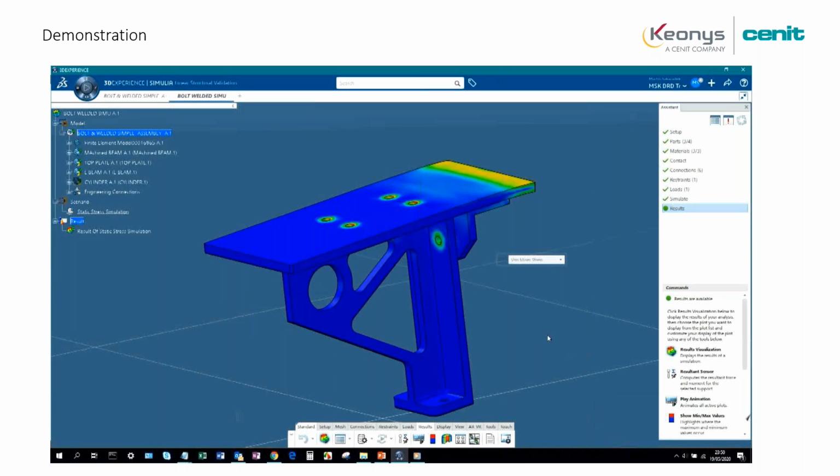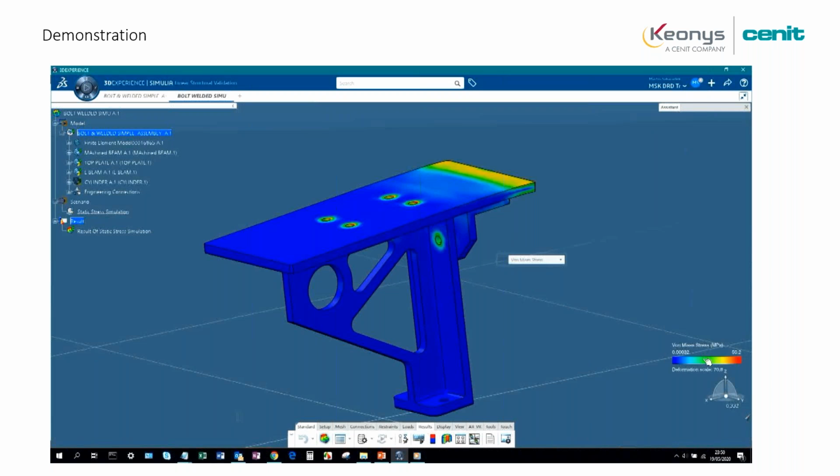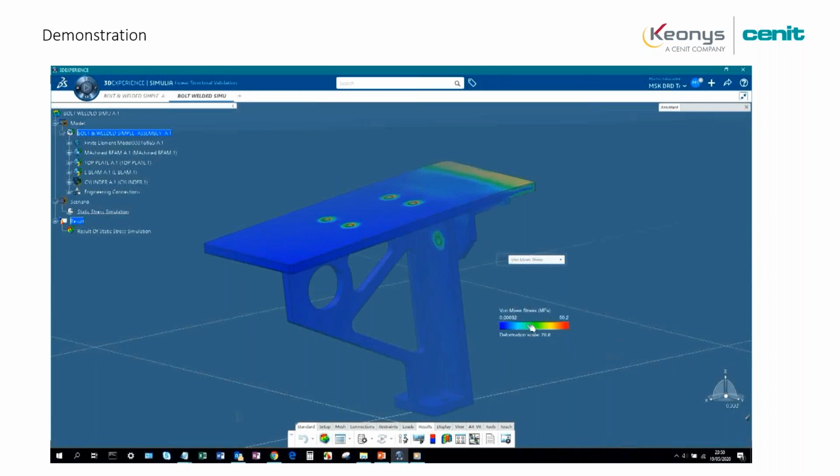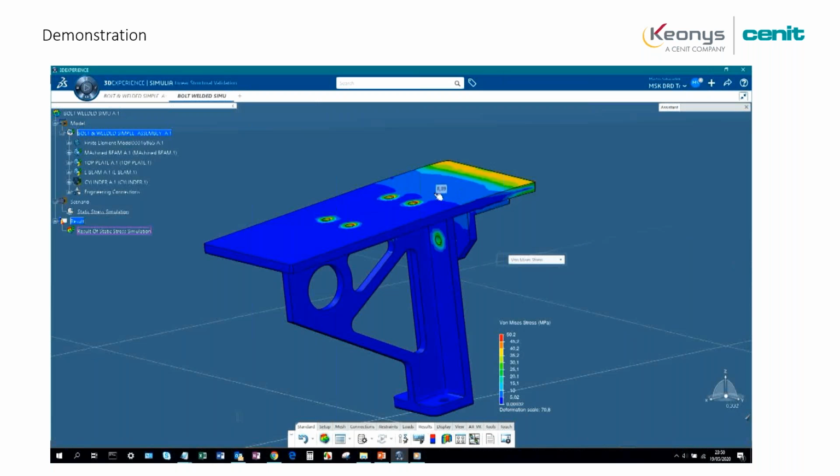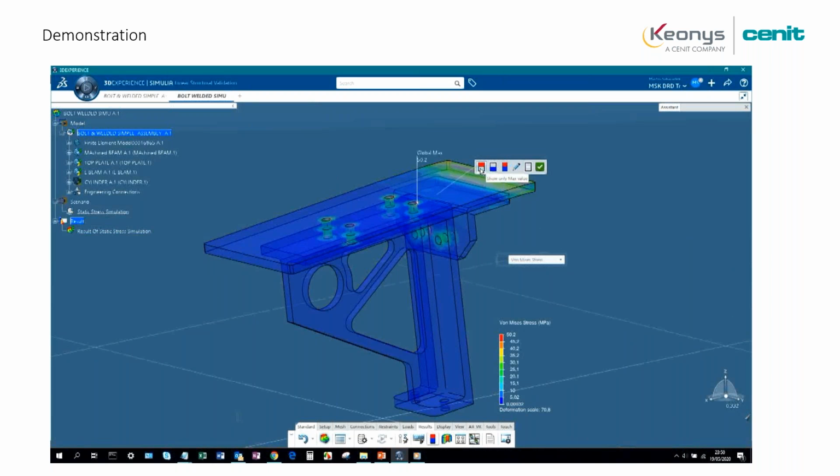Then, in the same environment as for the setup, you have the result visualization. You can mask the assistant and look at the results. Here we are looking at the von Mises stress. You can change the legend in terms of smoothing or unsmoothing the colors.